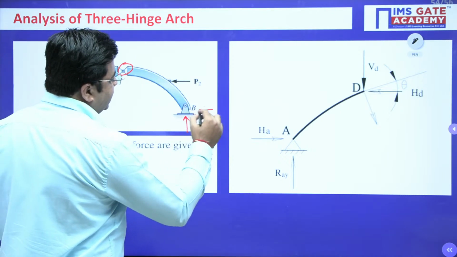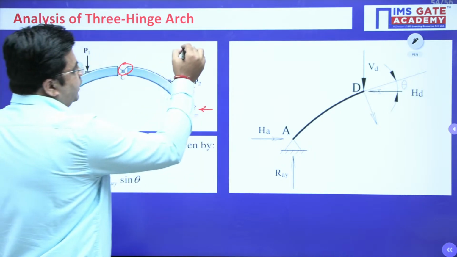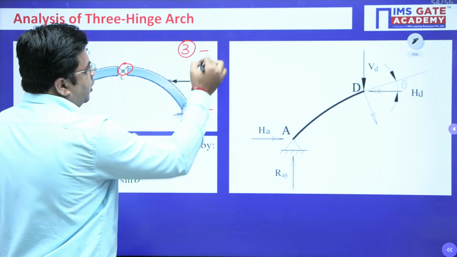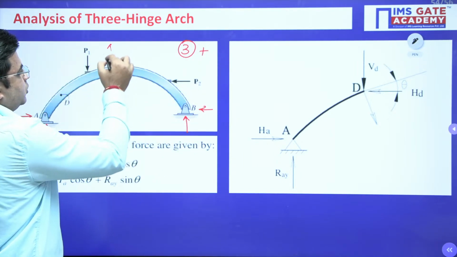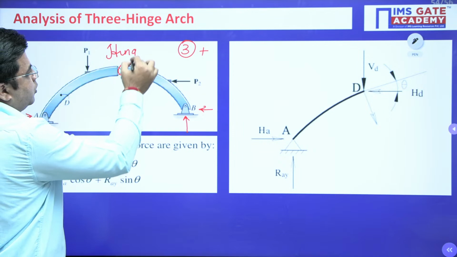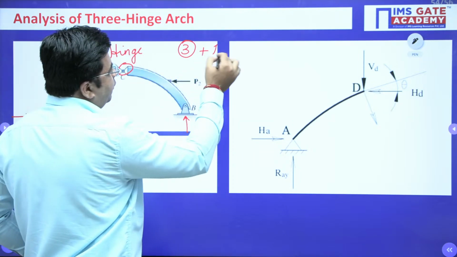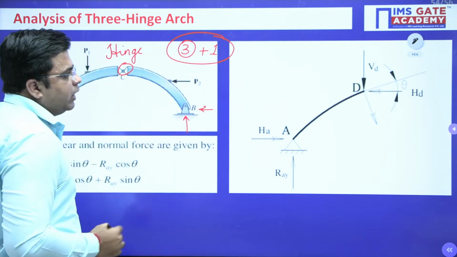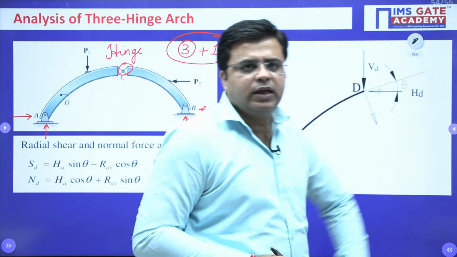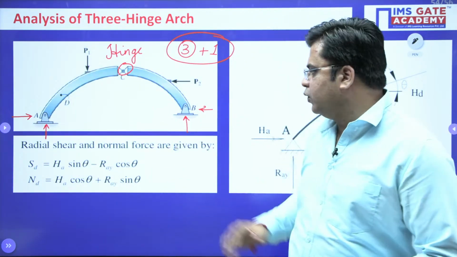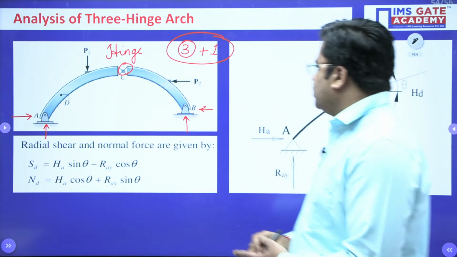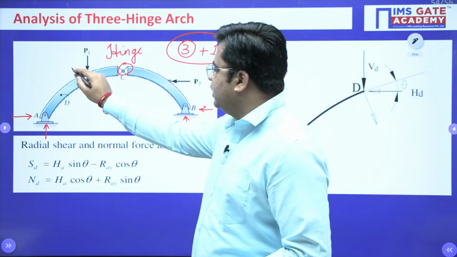We have 4 unknown forces. And when we take the equilibrium equations, we have only 3 equilibrium equations. Along with these 3 equilibrium equations, due to this hinge at the top, at the crown, we have one more equilibrium equation. Now using these 4 equilibrium equations, it is easy to find these 4 unknown reactions, right? So when I just take a section of this